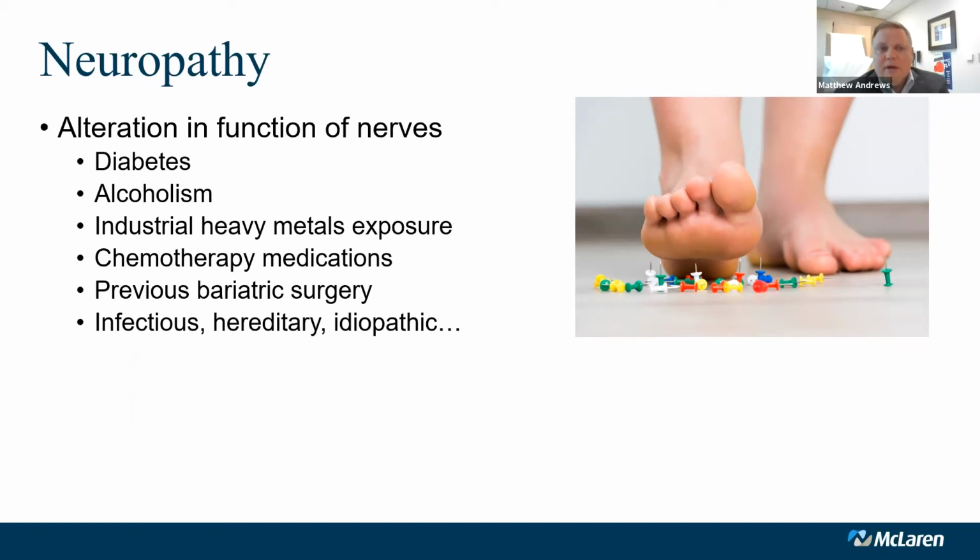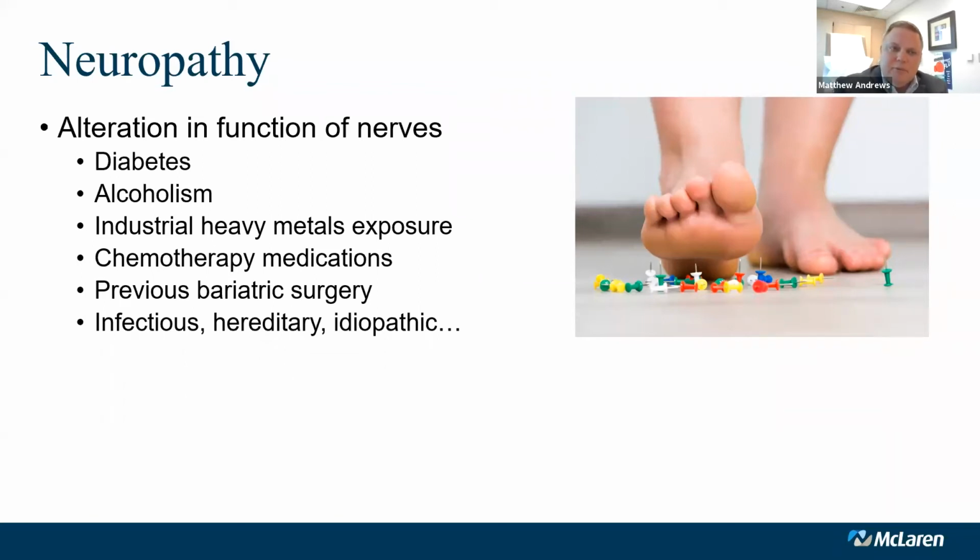Otherwise, if your diabetes is well controlled, it can take you sometimes even decades to develop any kind of issues associated with the nerves. We also see neuropathy in the context of alcoholism, which is largely due to a malabsorption problem. In Southeast Michigan, this is a big industrial climate we have here. People that have industrial exposure to heavy metals. My office in Sterling Heights, we're not too far from the tank plant in Warren. So I've had a few patients that worked on tank armor and things of that nature, where they'll have exposure to heavy metals like tungsten and molybdenum and some of these other heavy metals involved in production of tank armor, and they'll develop neuropathy just as a result of industrial exposure.